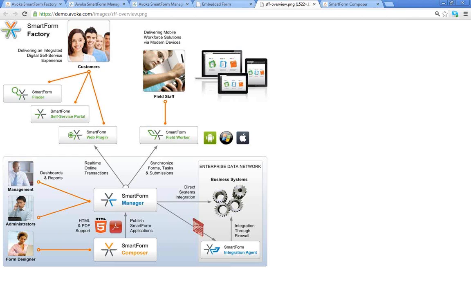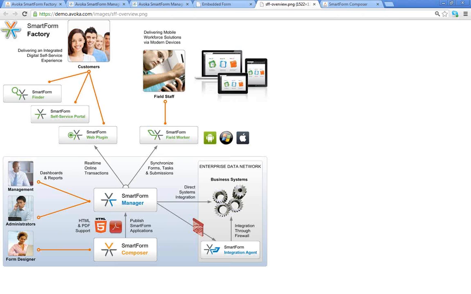And explore some of the capabilities that define the application, and then we'll deploy it up to SmartForm Manager, and then we'll make it active onto a portal. We'll go look at it over in one of our portals, and then we can explore it on a mobile device as well, right? And we can talk about some of the back-end integration pieces. But mostly we'll be talking about the actual creation of it, and then the deployment and the management of it